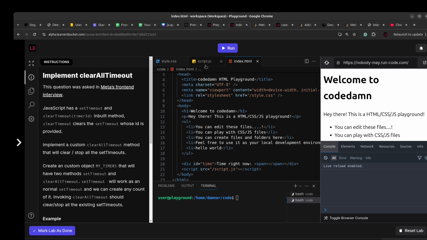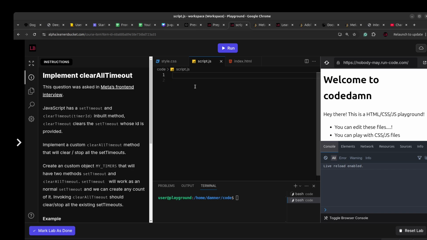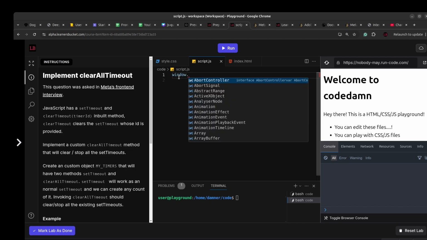Now, if I come to the script section, what we'll do is override the existing setTimeout method so that we can implement this clearAllTimeout. Window is the global object which is available in the browser on the client side. Global is what is available in Node.js. So setTimeout is available on the window or the BOM object in the browser, and it is available on the global object in Node.js. Because we are in the browser environment, I am going to use